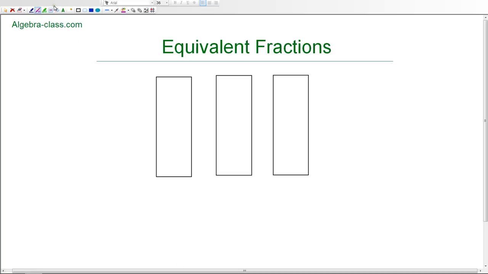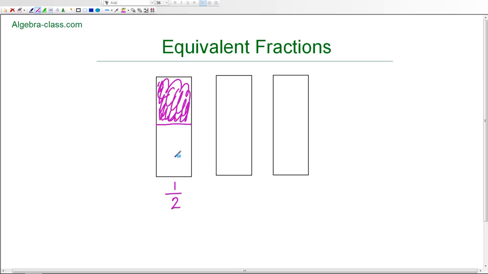Let's say that we have 3 Hershey bars. Okay? My first Hershey bar, I'm going to cut into 2 pieces. So that means I'm going to cut it right here. And let's say that I eat this top half. I can say that I have eaten 1/2 of the Hershey bar because I have eaten 1 part out of